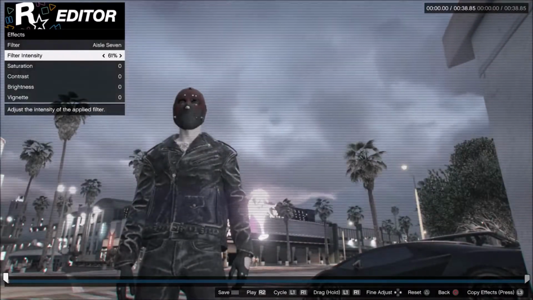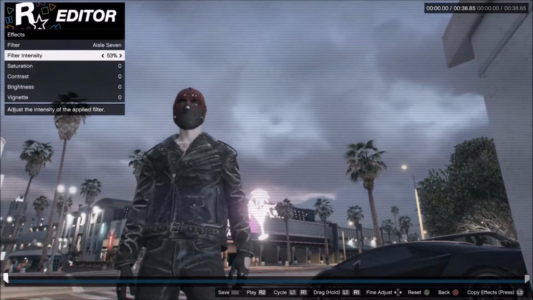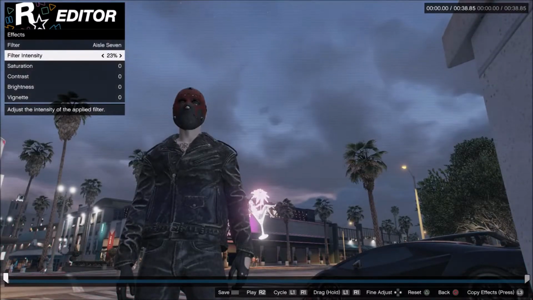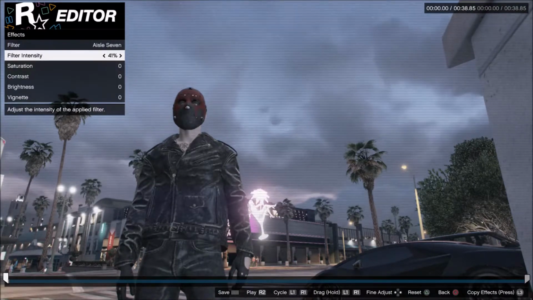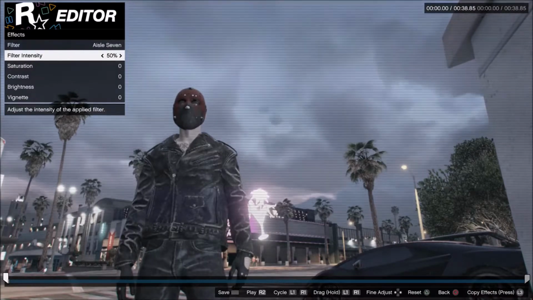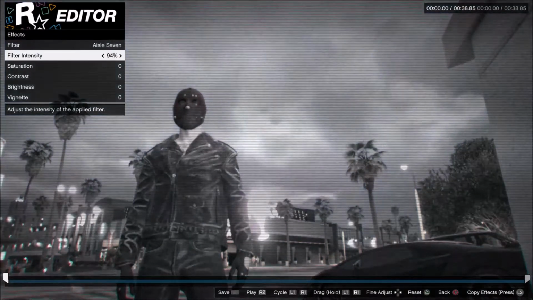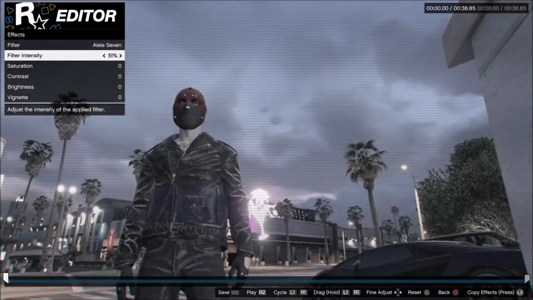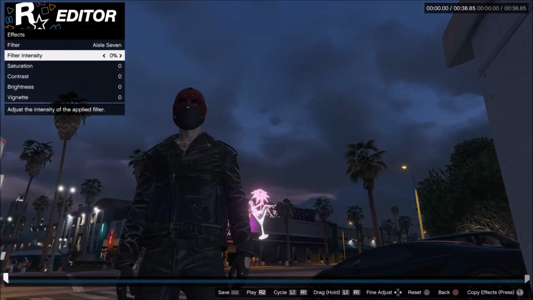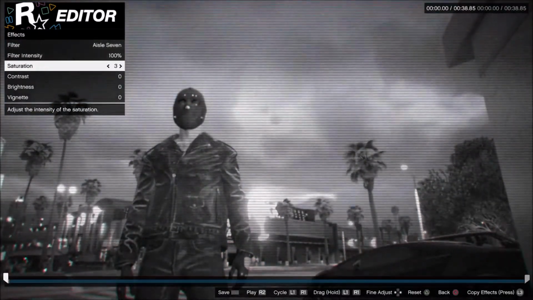I dropped that down to 50%. I think it was 50% or 35. It was one of the lower ones, just so you could see some of the grain on the screen, but still show some colour. You can drop it down however you like. You could have none. You could have it maxed out, and then you've got your saturation,